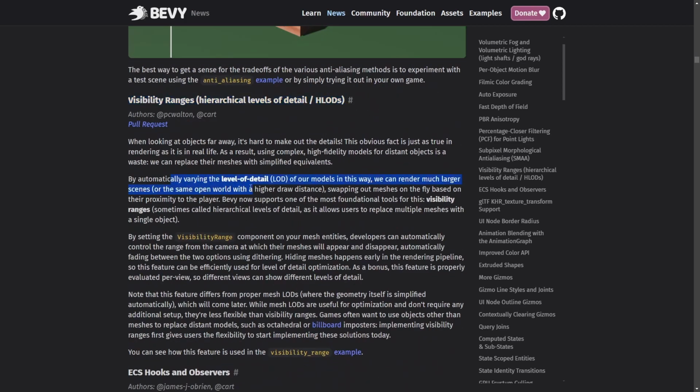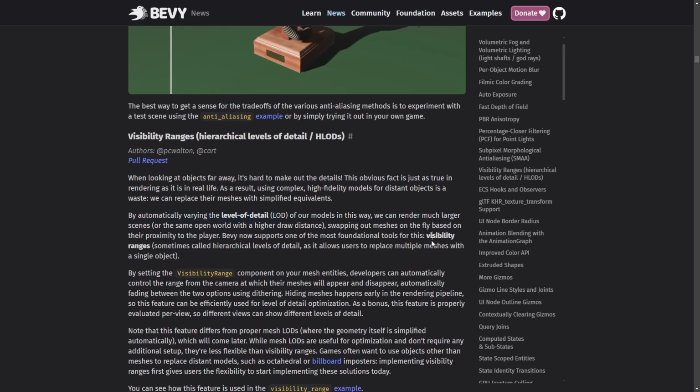So I don't know how to use it because again I don't even have videos or pictures, but it basically just means that based on the range the object is away from the player, the further the object is, you can make it swap to a lower resolution mesh beyond a certain distance so that you don't render really high resolution stuff that nobody can see the detail of, which for my voxel game would be kind of cool because